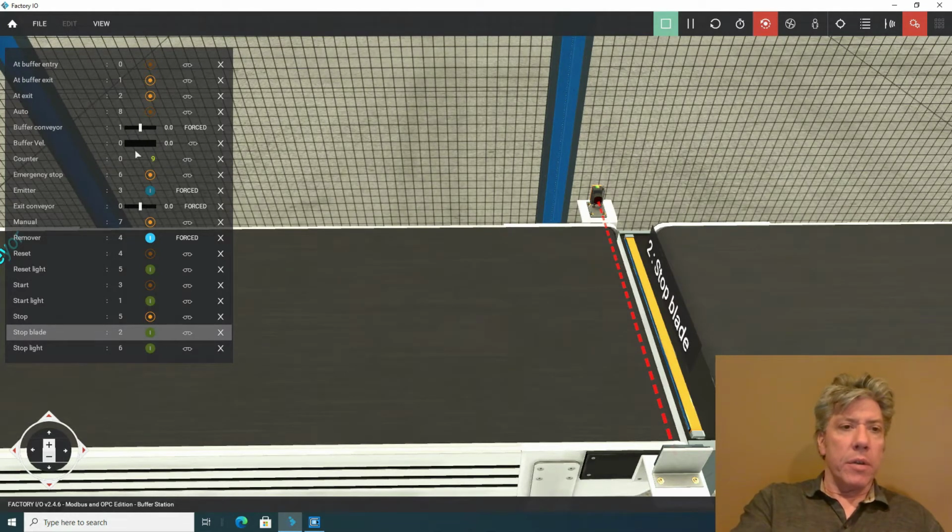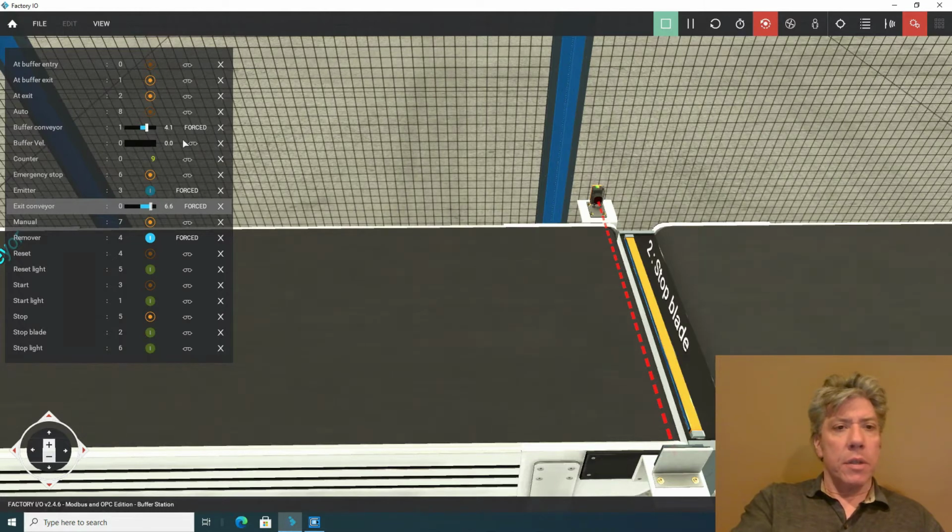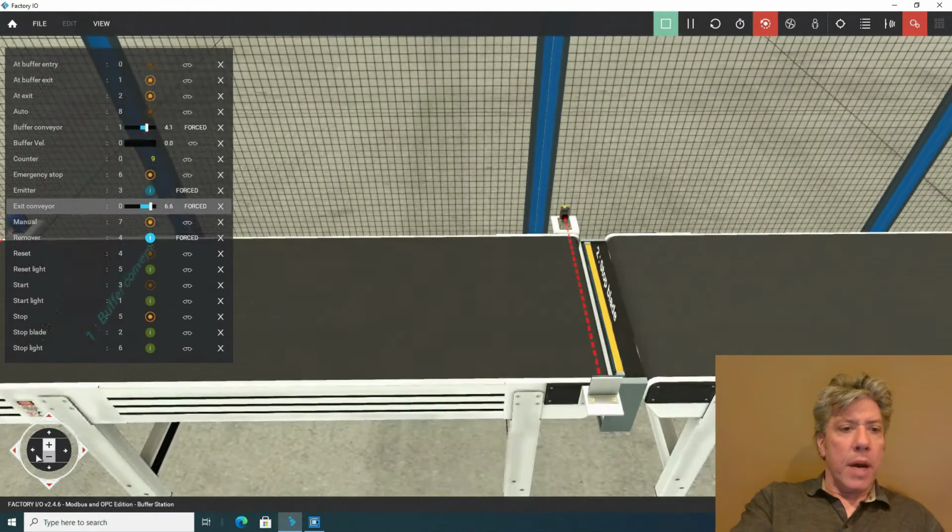All you have to do is just turn on the buffer conveyor. And if we can get an emitter to drop a box, say, well, why don't we turn on the exit conveyor as well. In fact, we'll make it go faster. You'll see why in a moment. Not too much faster. So now if I can get it to drop a box for me,